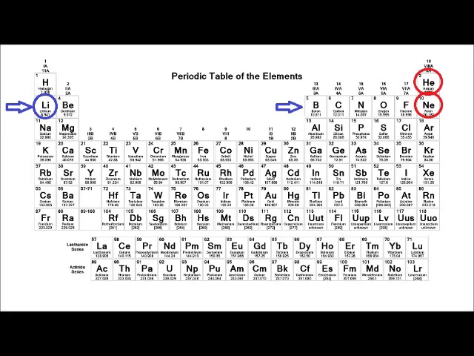So here's lithium, Li, atomic number 3. I have two choices. I need to either get to helium or neon. My first choice is that I can collect electrons until I hit neon. So if I'm at lithium, let's look here. How many electrons do I need to count? 1 electron is at beryllium, 2 electrons, and I'm at boron, 3 for carbon, and so on. So I go 4, 5, 6, 7 until I get to neon. So I would need to have a 7 charge, and what charge would it be if I'm gaining electrons? A minus charge. So lithium could be 7 minus, because it would need to pick up 7 electrons